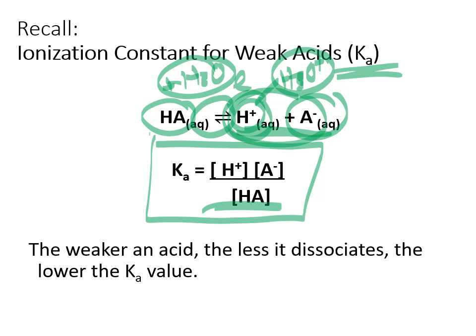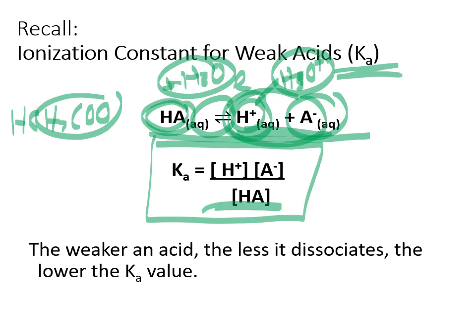Remember the generic expression for an acid dissociation, you can just put HA. If it was like acetic acid, then you could actually write that in and say, okay, I'm going to actually write the acetate ion in. Or you could just say, okay, that takes too long, I'm just going to write A instead. And so when you write the equation, feel free to use a generic one or use the specific acid, doesn't matter. With the weak acid, though, there's going to be some amount of products, there's going to be some amount